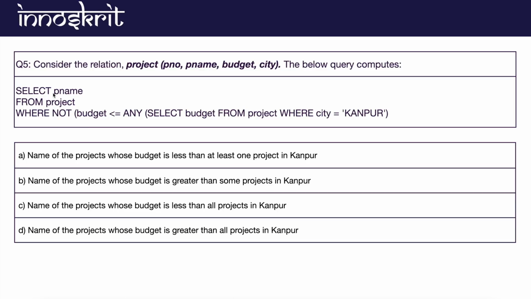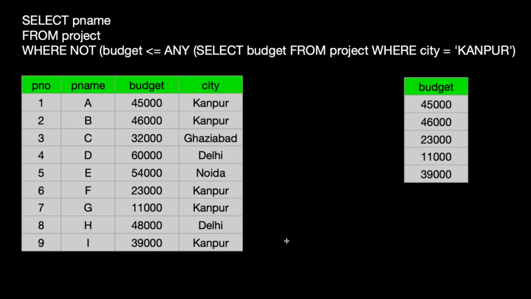Then in that case, just simply take some data and try to run that. To make this example more clear to you guys, I will take some example and we will run this query. Let's understand this example through this table. This is the query that we have to execute, and I have taken some data. For the table, the structure given was P number, that is project number, project name, budget and city. I am considering these 9 values in the table, and now I will execute this query.